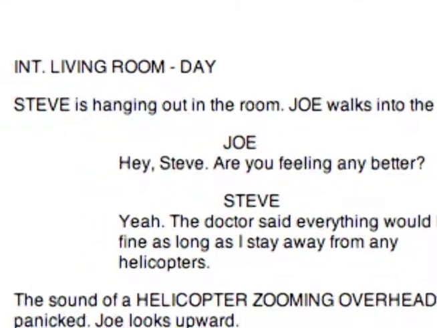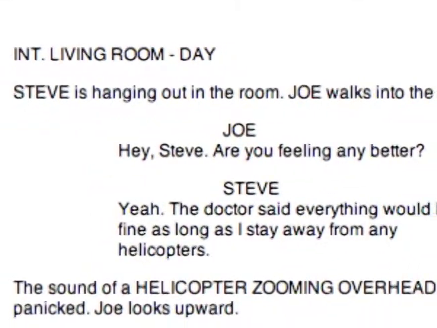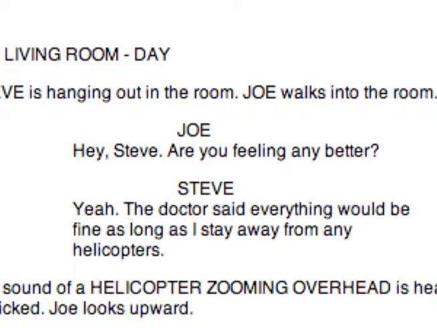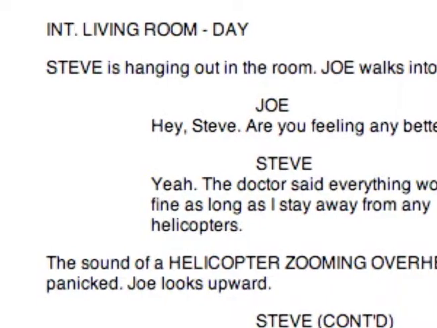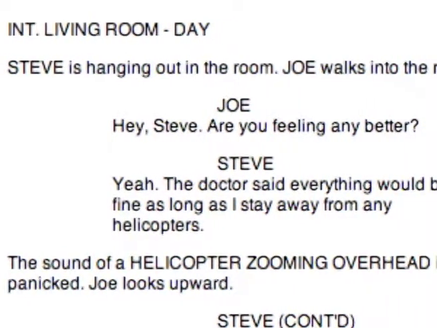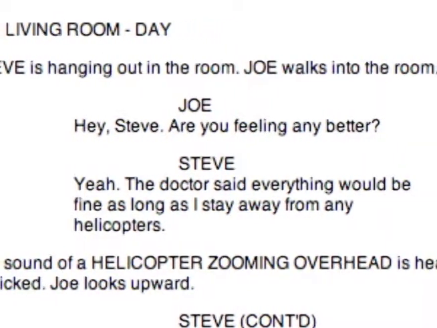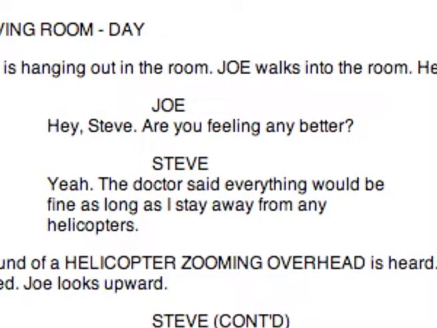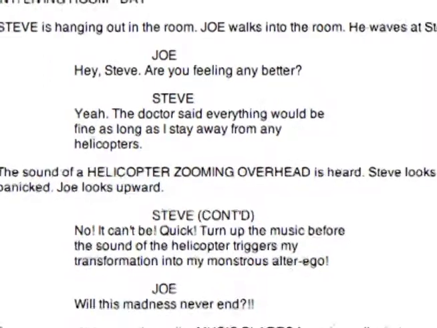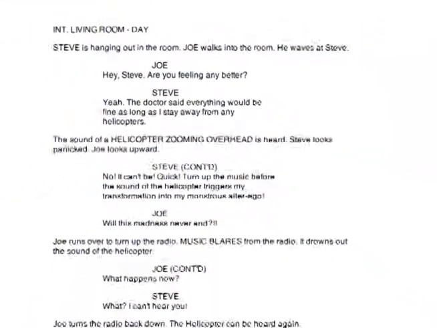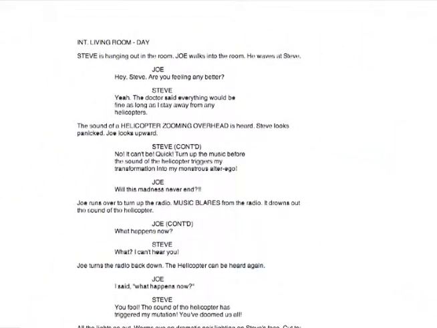On the next line, indenting maybe only half as much as before, you would then write their lines. If a new character is speaking, skip a line and repeat the process by putting that character's name in the center in all caps and then writing their dialogue indented below it. Notice how easy it is to tell the character names apart from the dialogue and both of them apart from